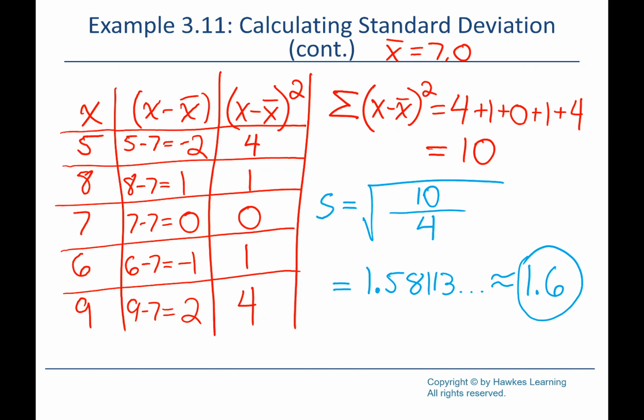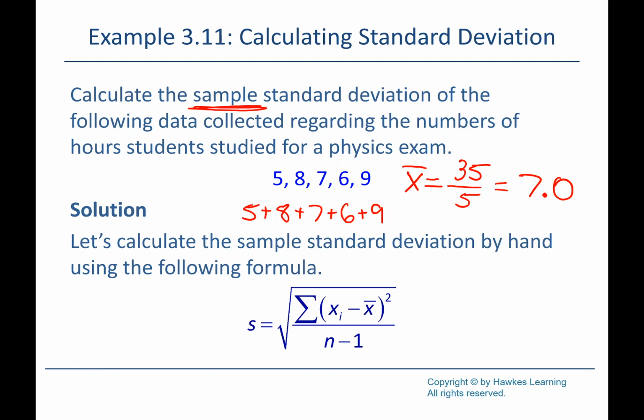All right, so before we leave it, what does this number even give us? Because if we just calculate it and we don't know what it gives us, that's not helpful. Standard deviation, and what does that mean? That means that we expect the typical data value to be about 1.6 away from the mean. So 1.6 what? In this case, our units are the same as our data values. Here our units were the number of hours students study for a physics exam. We said our mean was 7. So we're expecting most of our data to be from 8.6, that's one standard deviation above the mean, down to